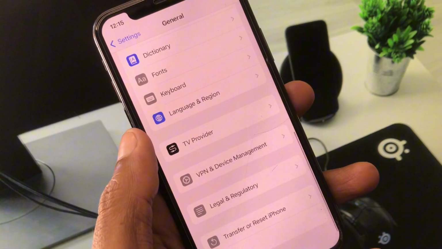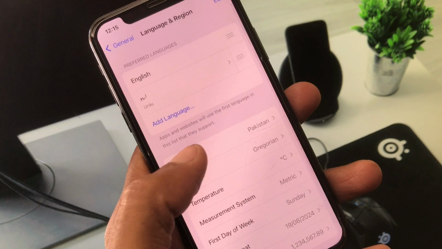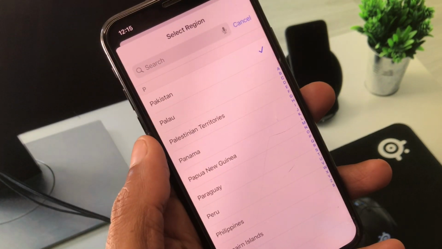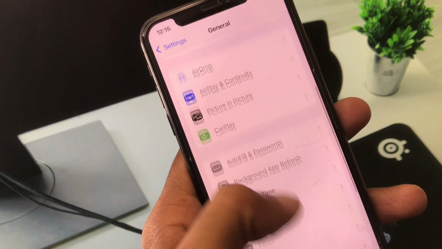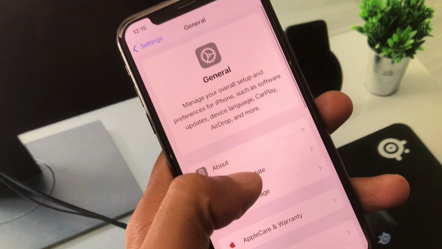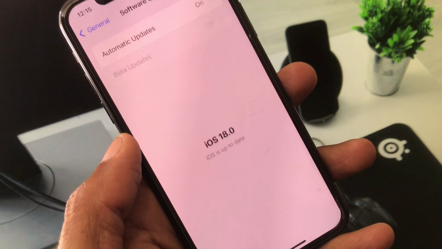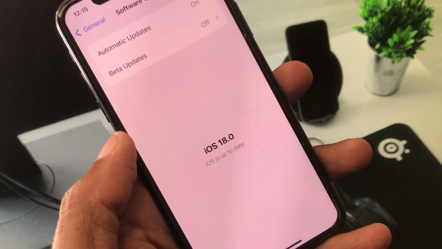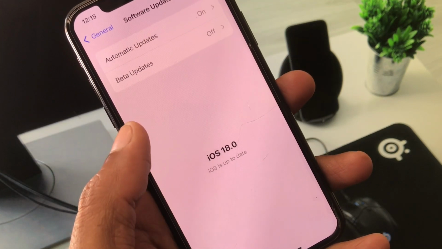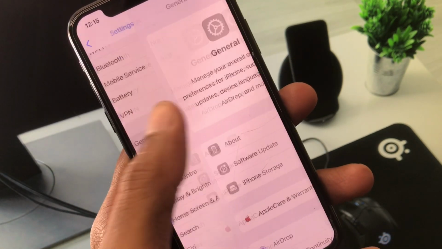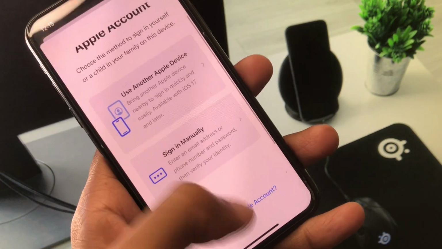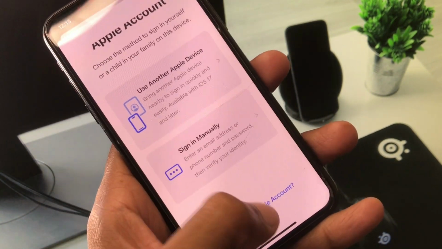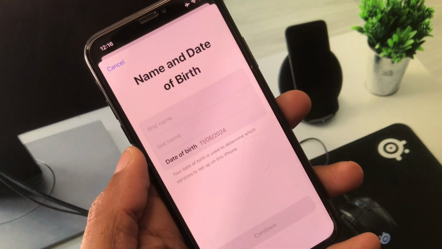After doing this you have to go back, and click on Language and Region and select your region according to your country. And guys, now you need to go back here, and after this you need to check for software update, and you need to update your iPhone to iOS 18 beta, the latest version of iOS. And after doing this you have to go back, and simply click on Apple Account and Don't have an Apple ID, and you can create your new Apple ID from here easily without any